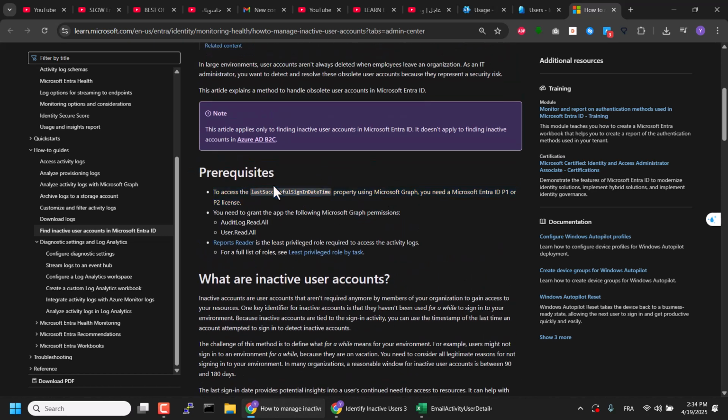So these are the prerequisites. You need Entra ID Plan 1 or 2. Most regular licenses don't include that, but the first method is effective, easy, and doesn't require any extra license.